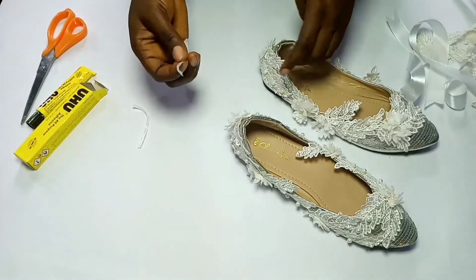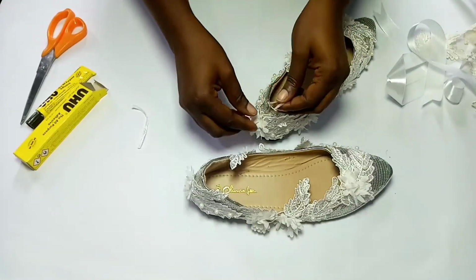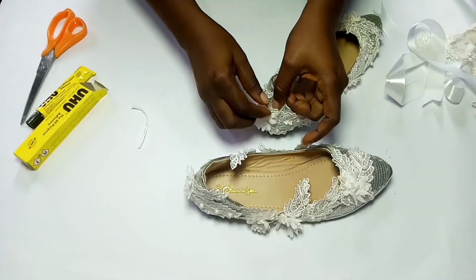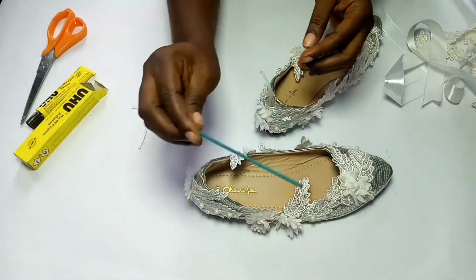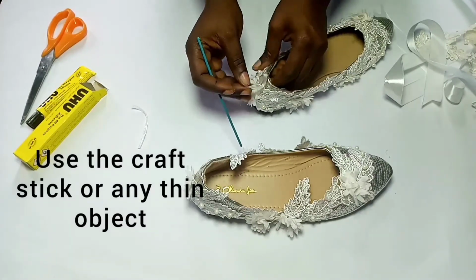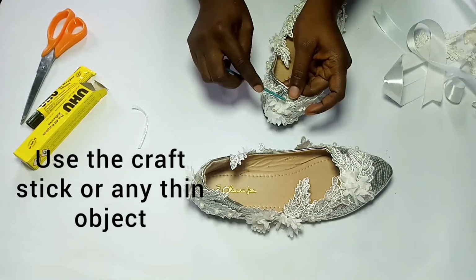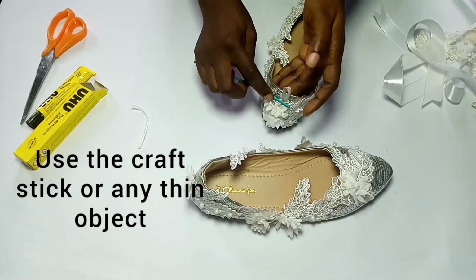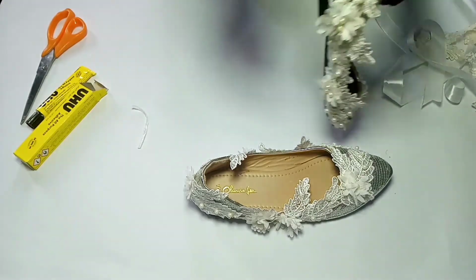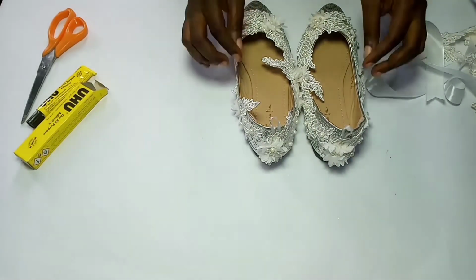Now it's dried a bit, then you fix the ribbons. So remember, gently, because it's tiny. So you fix the ribbon. Now you can use a craft stick to fix the ribbon instead of scissors like we did here. Now that's a craft stick. If you don't have a craft stick, you can use a broomstick or something thin, just to allow you to push it in without messing up the lace, and also to apply pressure on it. So now when you do that, you do the same thing for the second footwear, and bravo,